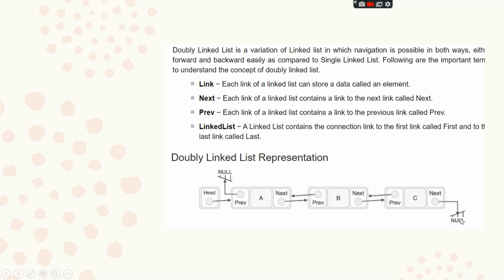Otherwise, in the else condition, the connection between the next and the previous is broken, and if this node has to be removed, these two connections are also broken, and the connection is made between the previous of the last node and the next of the first node. So there's a connection in this manner, and this node has been removed completely.